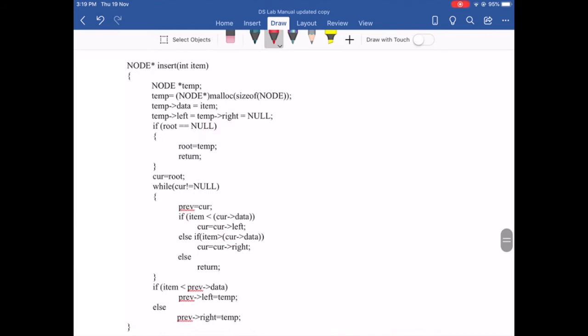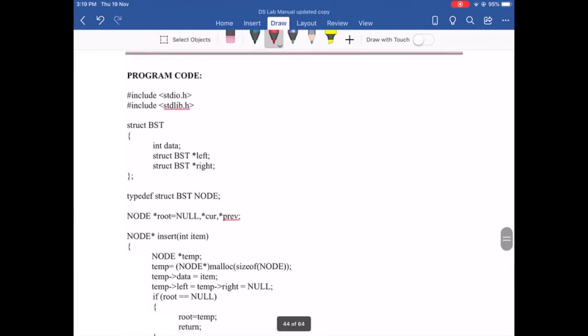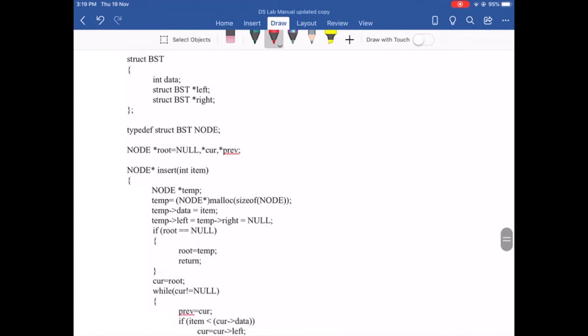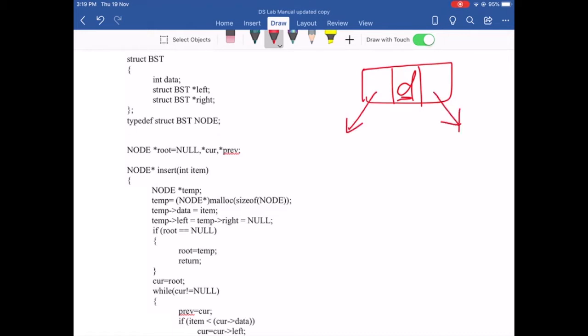Now in order to actually implement your binary search tree, you need to first define a structure for the node. As you know, each node will have a data field. That is your data field, and there is going to be a link to the left child and a link to the right child.